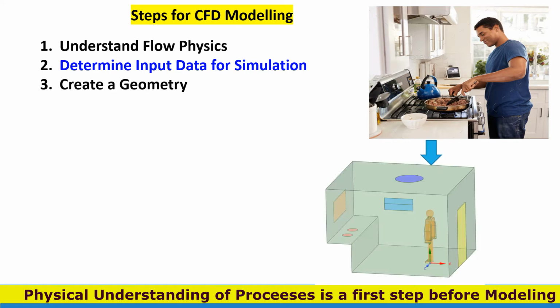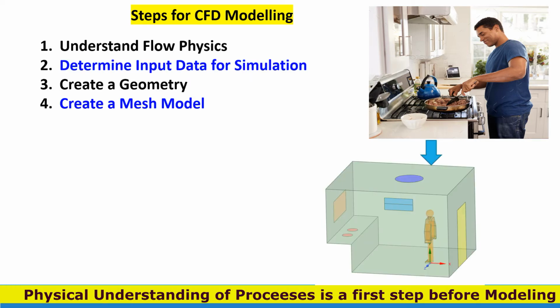The next step is to create the geometry. Geometry creation is very important, considering all factors. Here is the geometry to be created. The person must be there. There are two inlets for the hot, high-temperature gas stove. There is also a door on the right side. There is a fan at the top. There is an inlet and outlet of the AC. On the left side, there is an outlet to exhaust flue gases.